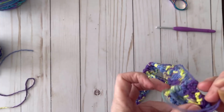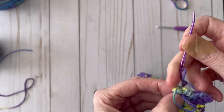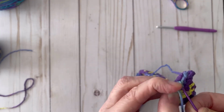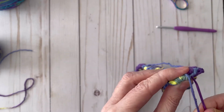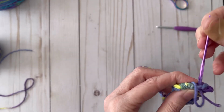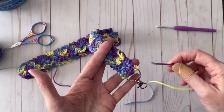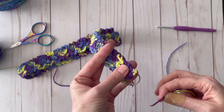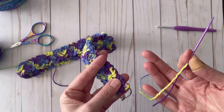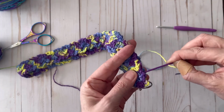After you get to the end here, then you're going to go back and close it up again one more time just to make sure it's nice and secure on both sides. And then go ahead and weave in your ends. Okay, so now we have our strap closed. So now all we have left to do is just secure this little piece right here so that your lanyard stays intact. So we're going to put some yarn on our needle and just go between these two layers